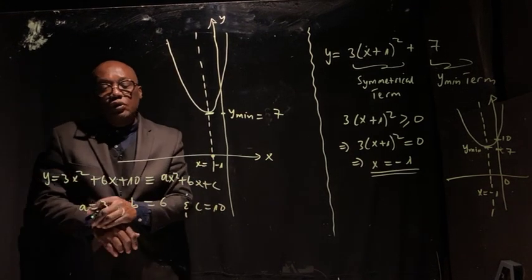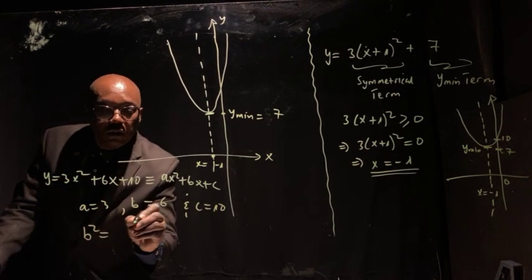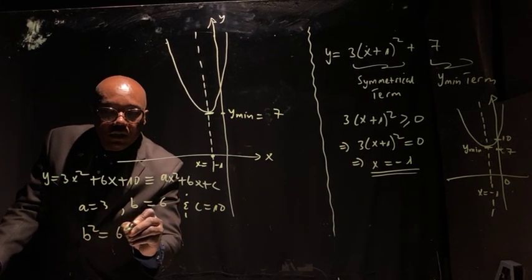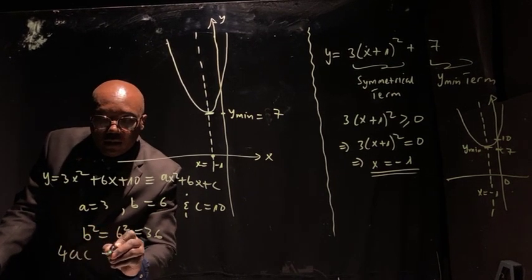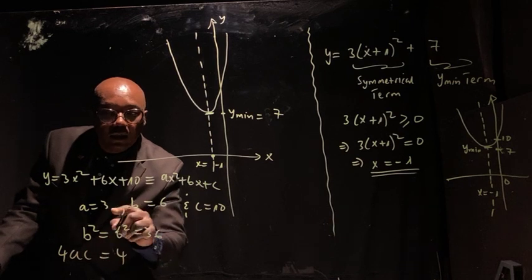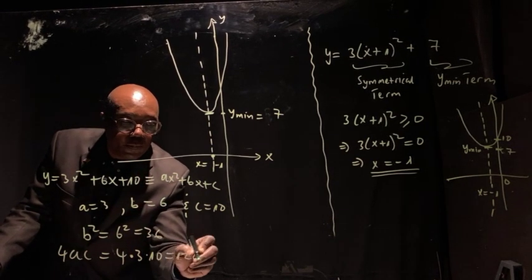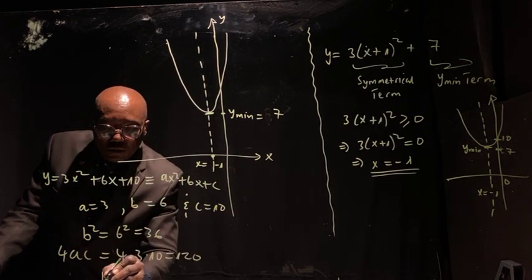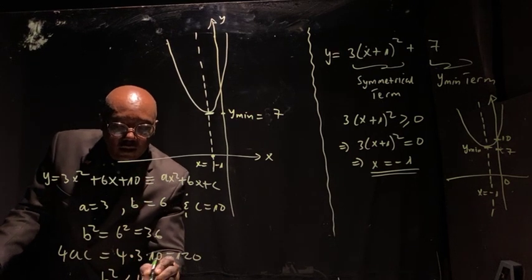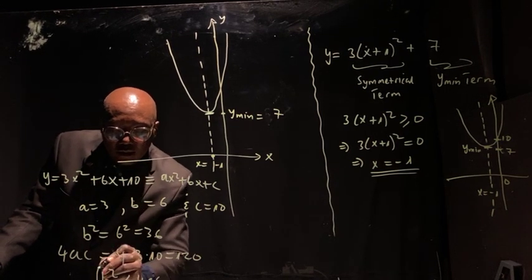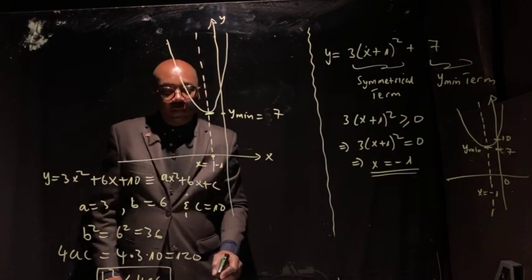Now, we are going to use the discriminant approach. b squared is equal to 6 squared, which is equal to 36. For 4ac, we have 4 times 3 times 10, which equals 120. We can see that b squared, being 36, is far less than 4ac. Therefore, this discriminant shows that when b squared is far less than 4ac, it indicates